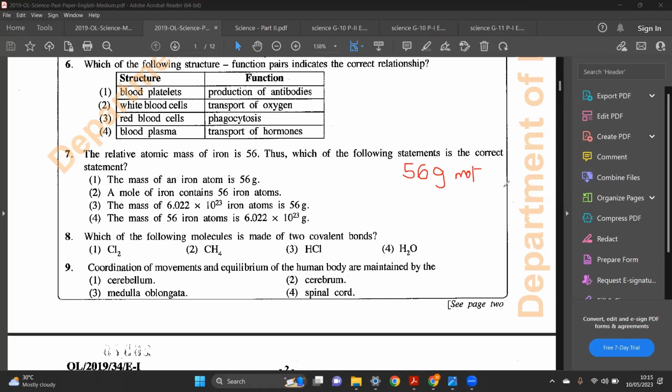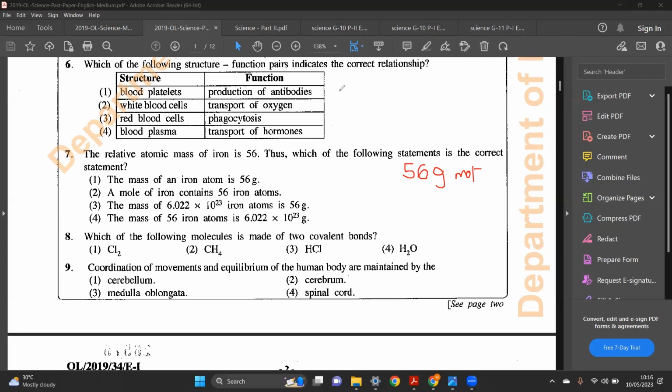What this basically means is that in 1 mole of iron, you have 56 grams of it. So if you were to measure 1 mole of iron on a scale, it would give you the value of 56 grams. Based on this data, you need to choose the best option. The first option says the mass of an iron atom is 56 grams. Now remember, when we talk about